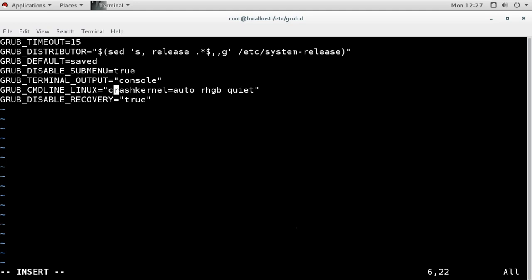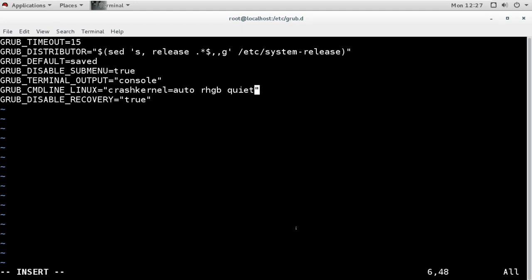You want to change the kernel options. Here are the options which run with the kernel. It says command line Linux, and these are the options for the kernel, for example, here RHGB quiet. What does this option do? This will start the kernel in quiet mode, start Linux in quiet mode. So when our system starts, it does not show you any information.